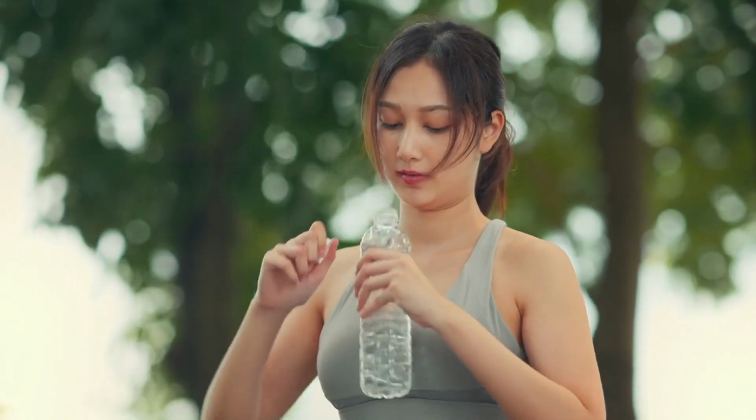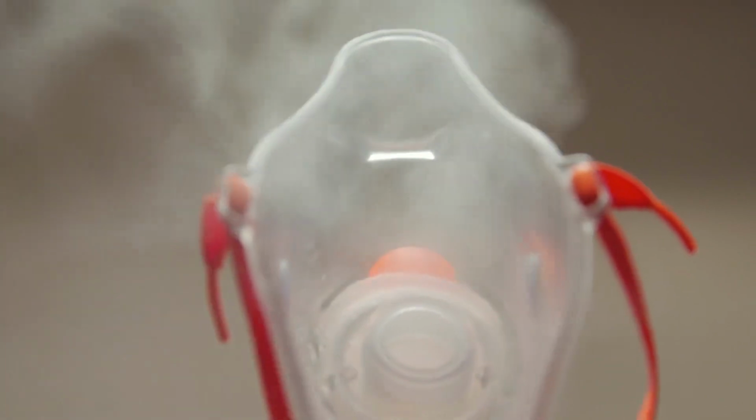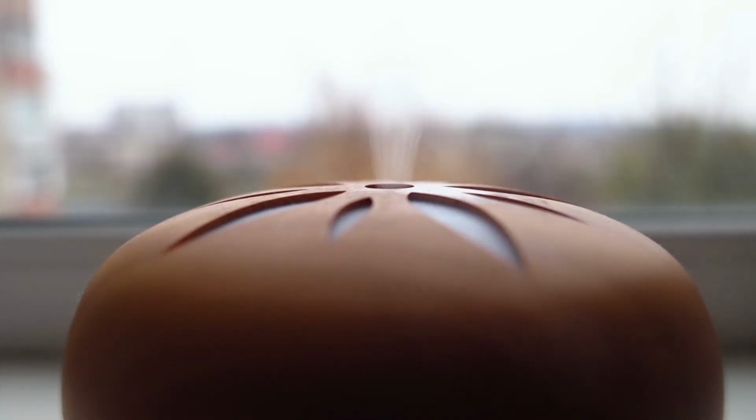Drink plenty of water throughout the day to keep mucus thin and easy to expel. Steam inhalation. Inhale steam from hot water infused with thyme or essential oils to loosen mucus and open up airways. Humidify your environment. Use a humidifier to keep the air moist, which can help prevent mucus from becoming thick and